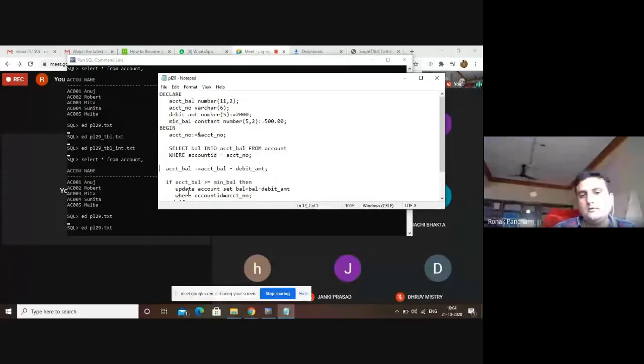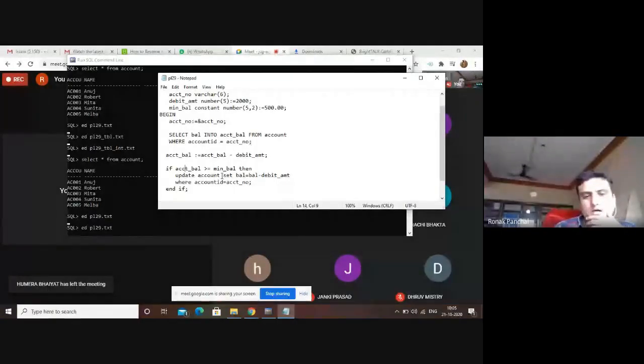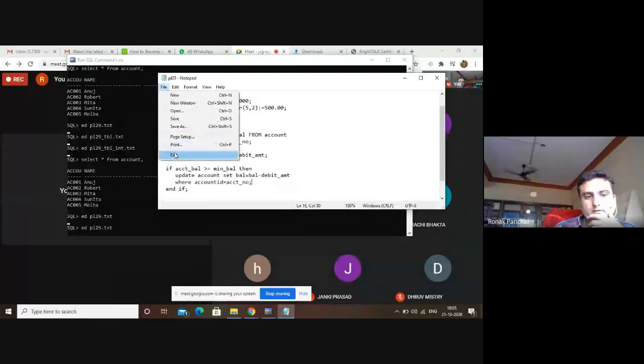Now that variable has the particular balance. Then update account set balance is equal to balance minus debit amount, where account ID is equal to account number, right? Okay, exit.